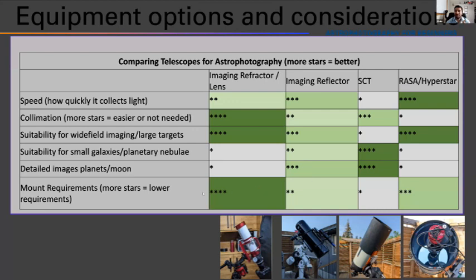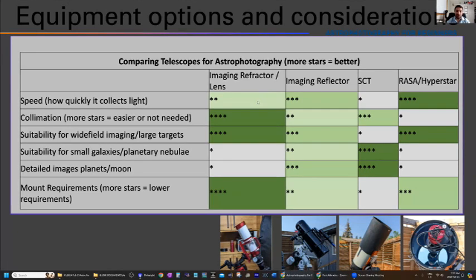Now, one of the very, very important considerations for anyone looking to get into astrophotography or trying to decide what scope to get is what mount to get. So the common saying is that you should probably spend about 70% of your total astrophotography budget on buying the mount, and then spend whatever you have left over on the telescope and the camera. And that's something I've learned the hard way over the years.